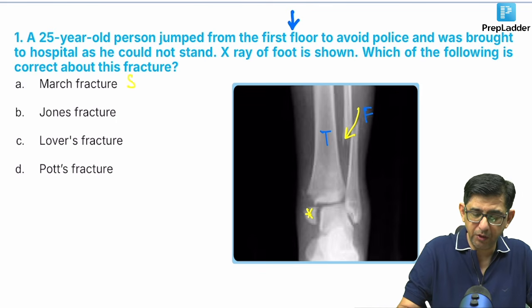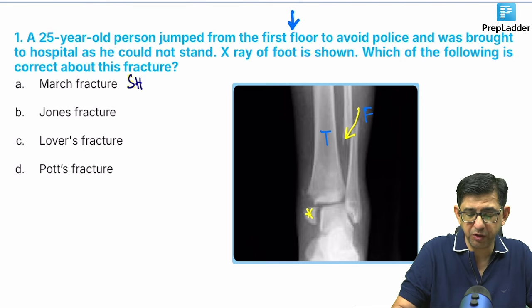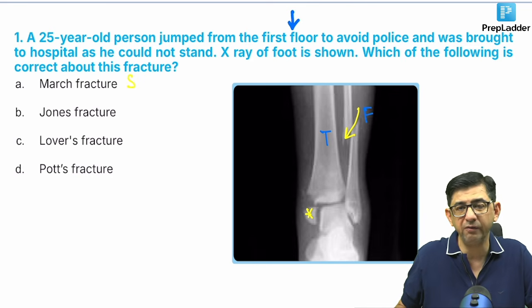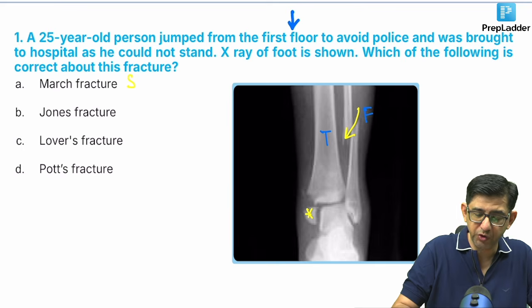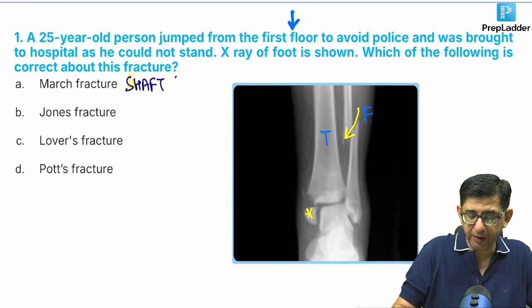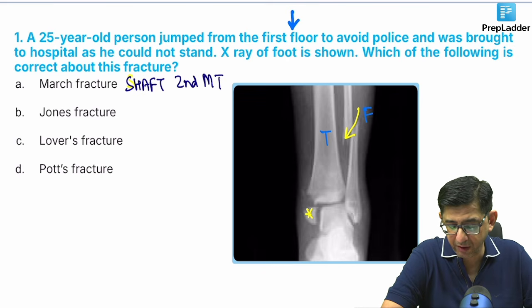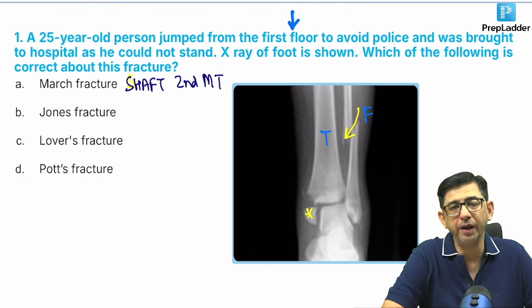Well, the option cannot be option number A, because you are anyway aware that march fracture would be seen in soldiers. Now there he will be saying that these guys were doing marching, that is in Hindi we call it kadam tal, and when they're doing that marching and wearing those heavy duty military boots, then you could be having a fracture of the shaft of the second metatarsal. So I'll just write that and rule out other options as well, so that other options also get practiced. Shaft of the second metatarsal in a soldier while practicing parade can result in march fracture.